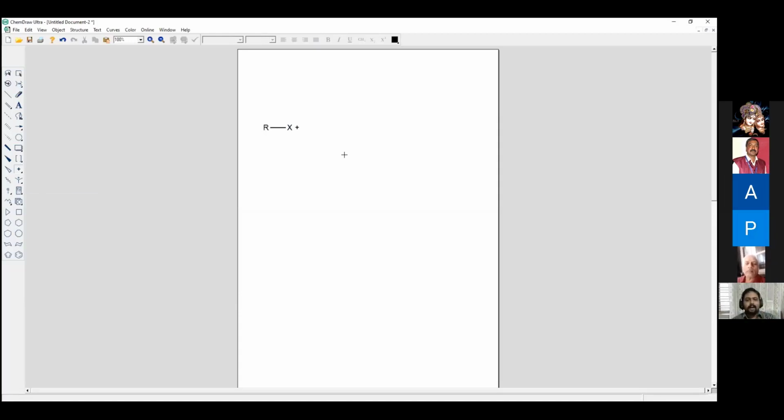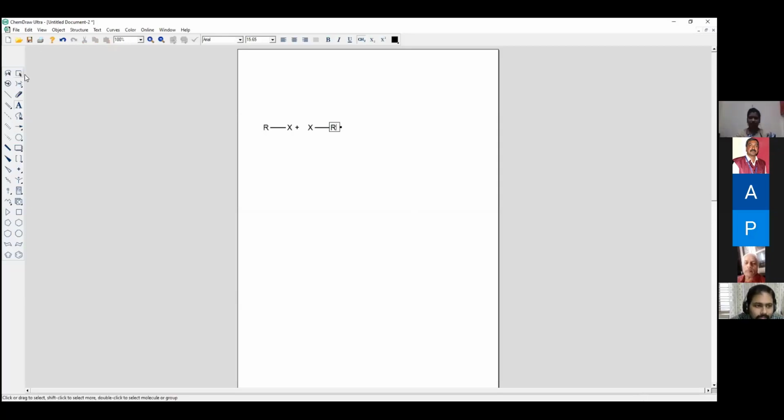Again, if you want Rx again, you need not type it again. You can select the Rx by any of the options here. Again, you can press Control C, that is copy, and Control V, it is paste. You will have a duplicated molecule. If you want to change it to XR, for example, click on A, again click on R. There's an option for varying that letter. You can write X, again click on A, click on X, you can write R. Now Rx plus XR, it is ready.